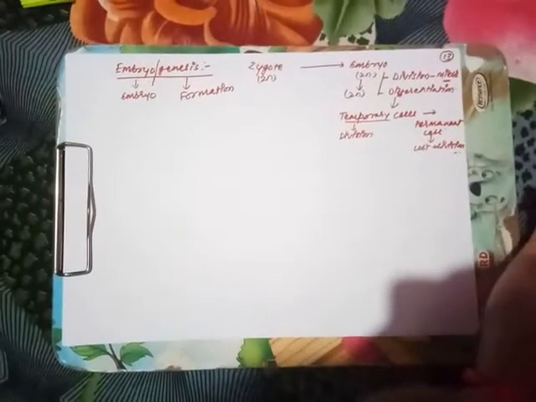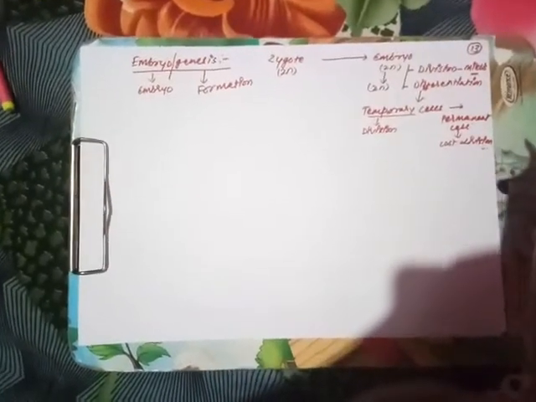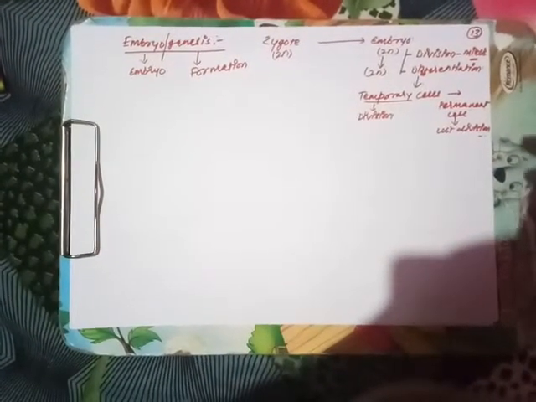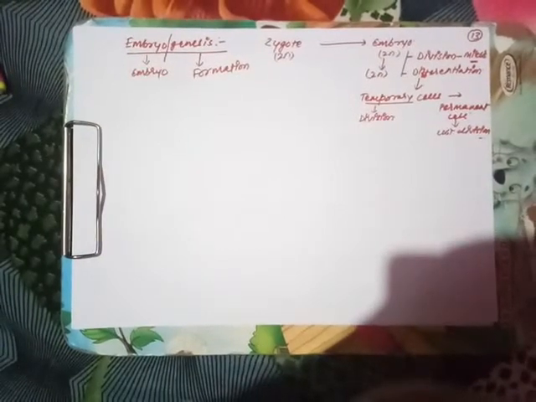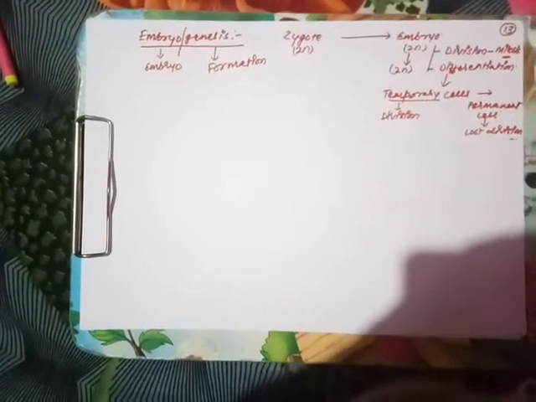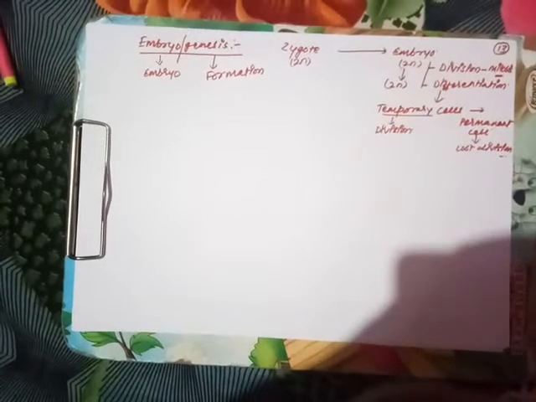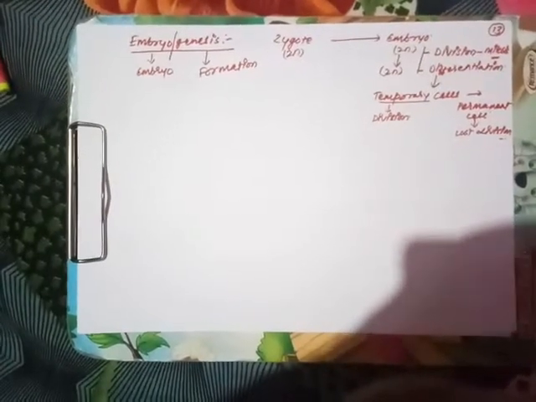So two basic events occur during embryogenesis or embryogeny: division and differentiation. The division is basically a kind of mitotic division where a diploid cell is going to produce diploid cells. The only change is that a great number of new cells are added. After the number of cells increases, the cells convert into permanent cells as per the construction of the particular structure in the organism's body. This is called differentiation, meaning conversion of the dividing cell into the non-dividing cell.